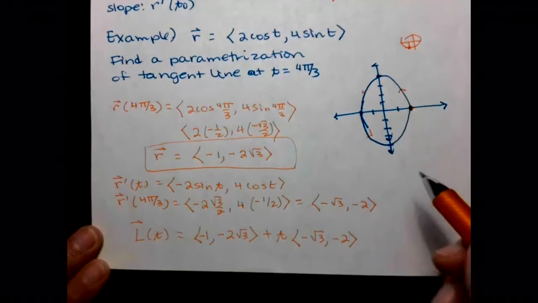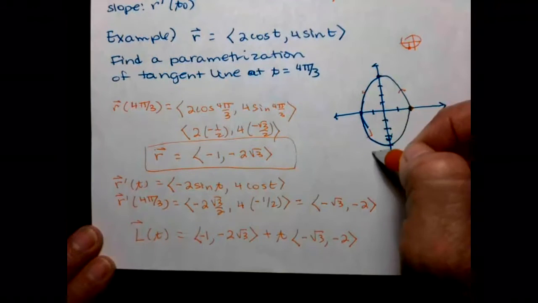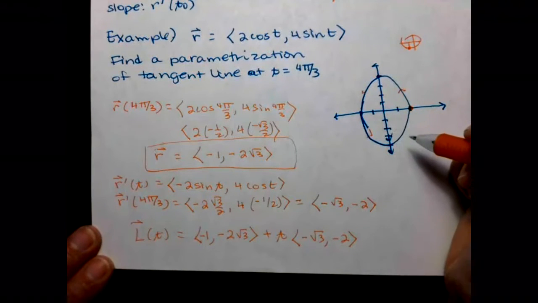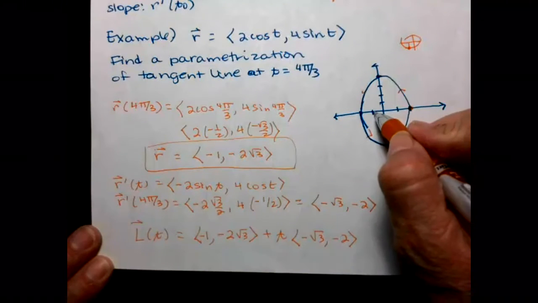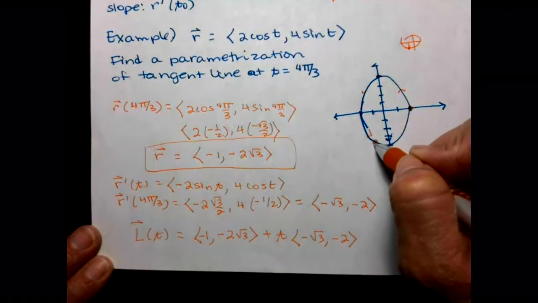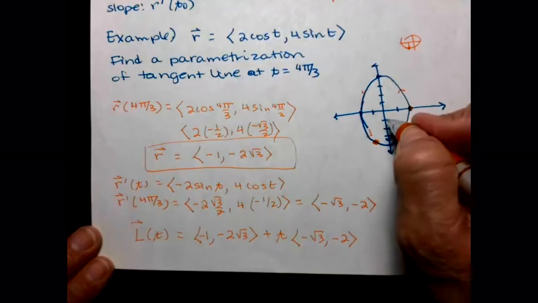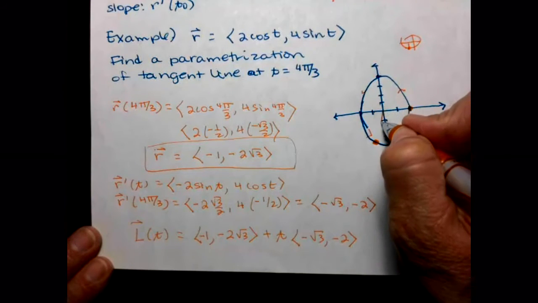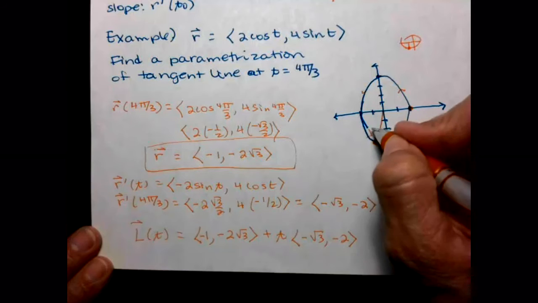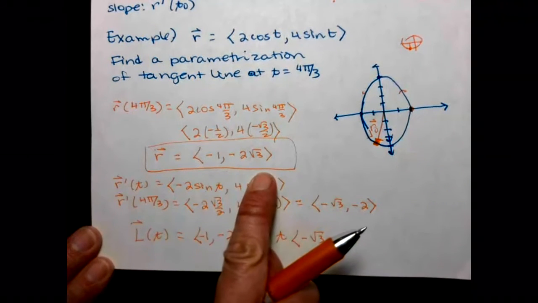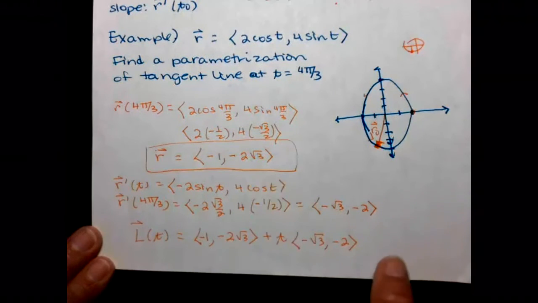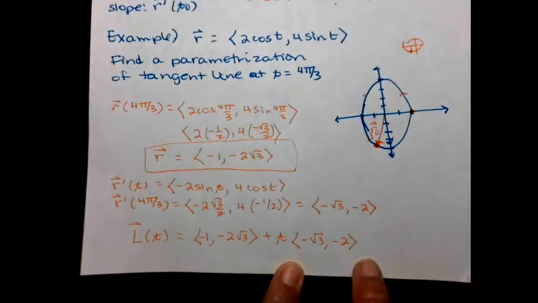So here's our picture. So 4 pi thirds, right, over here in quadrant 3. So 4 pi thirds, right, the point is negative 1, negative 2 root 3, right, so I'm down here. Here's my point. And so we're talking about, right, the vector, here's that r naught. Okay. Negative 1, negative 2 root 3. So then the slope of the tangent there,